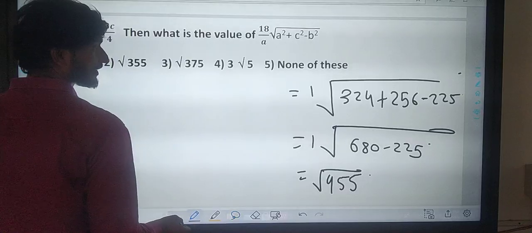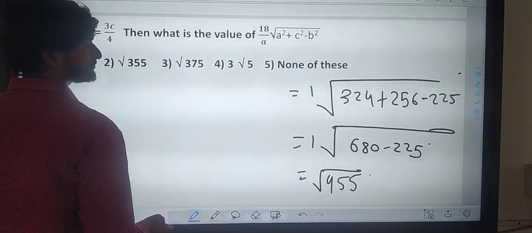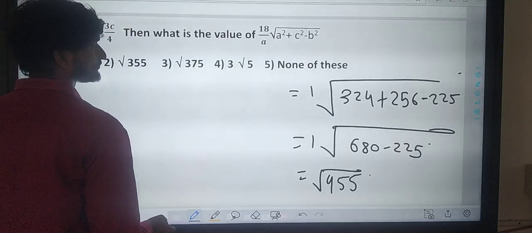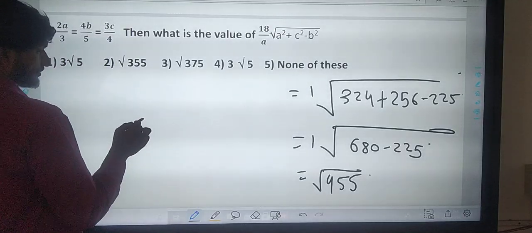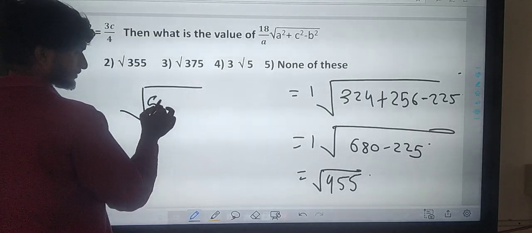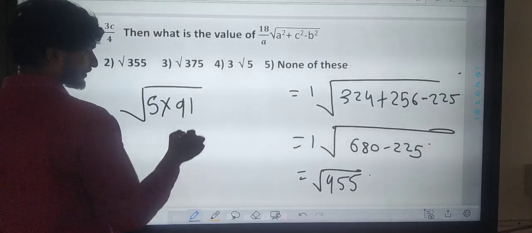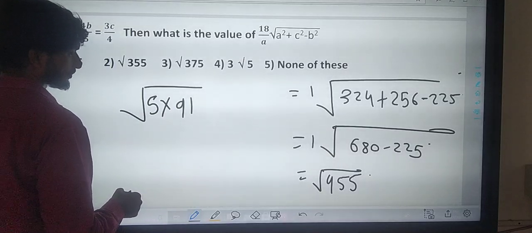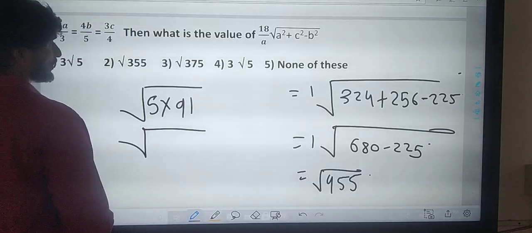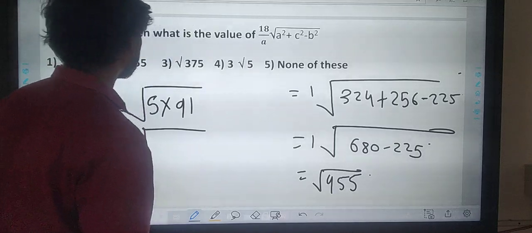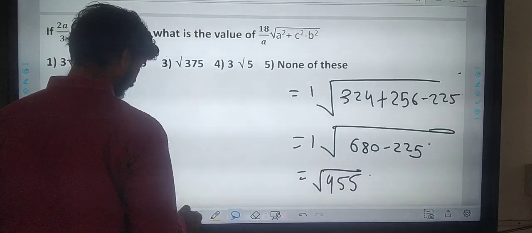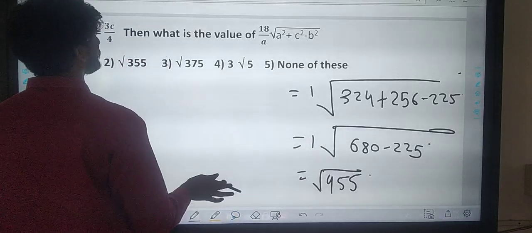Then 445 means 5 into 89. Then here there is no factor. Then your answer is under root 445. Now next,